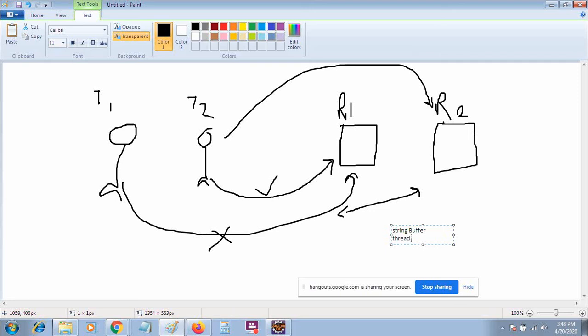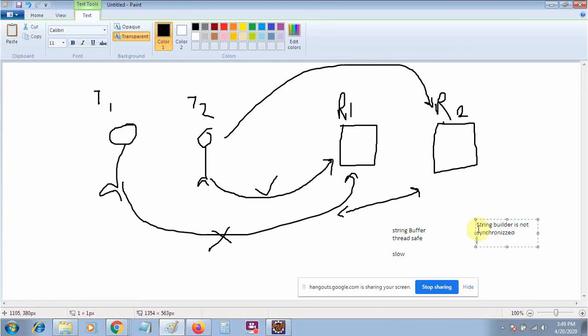In the last class we will also discuss this more. Because it is synchronized and thread safe, it is a little bit slow. Now, StringBuilder is not synchronized.